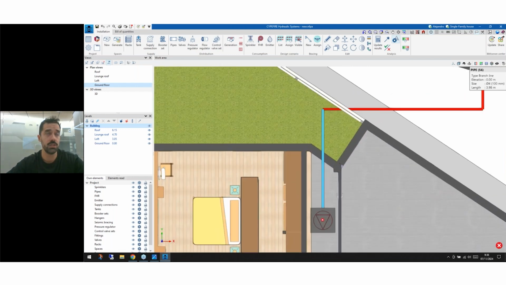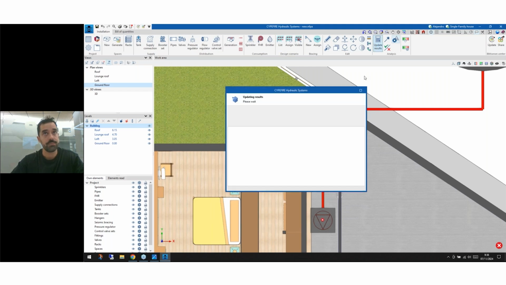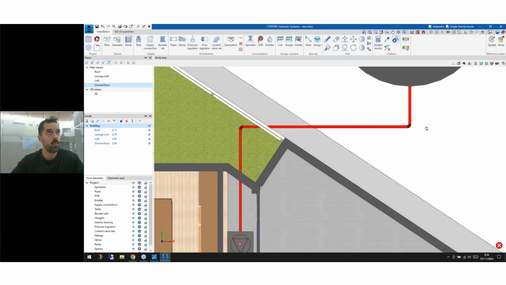So now we have this element connected, and one thing that we have changed like in the last version is that you don't have to define any accessory, the elbows, T's, crosses, or whichever one, it's going to do it. It's going to be generated automatically. So right now you don't see anything, but what I can do is to analyze, to update results, and okay, I didn't introduce any kind of hypothesis here. I didn't introduce anything, but you can see right now we have two elbows of 90 degrees here, and you can